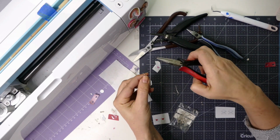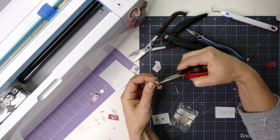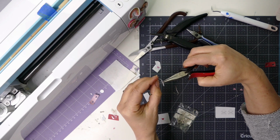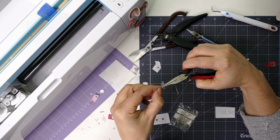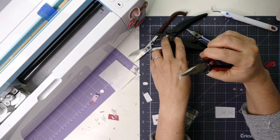And it's almost easier to hold it with the pliers. And I'm going to thread this on. And I'm going to thread on this. And then I'm going to come back here. And so I showed you where it was side by side. You can also do it where it's